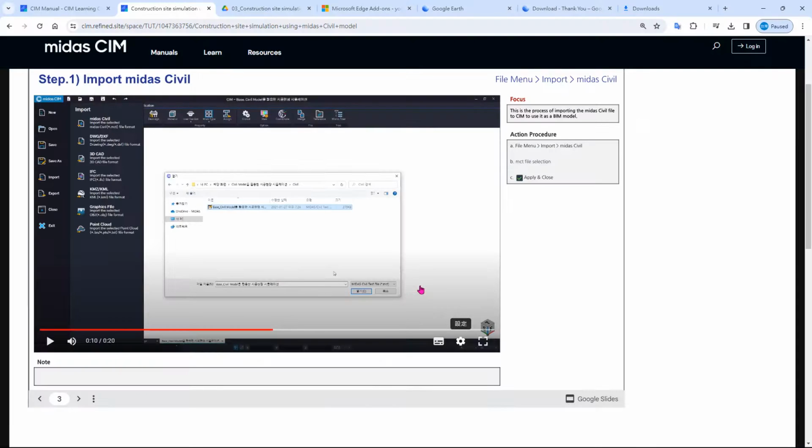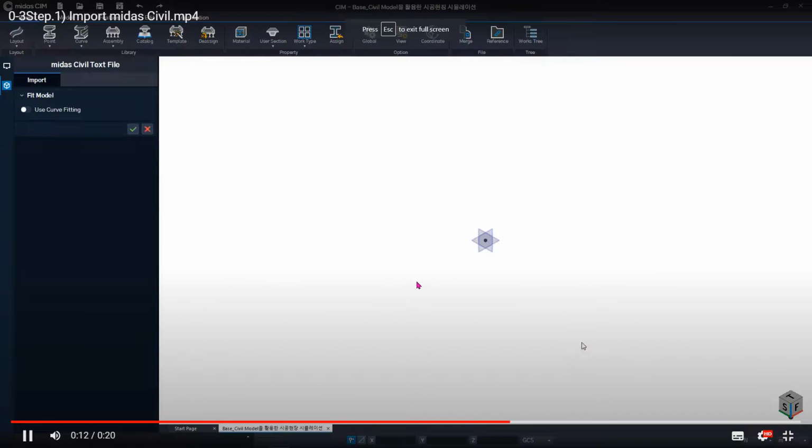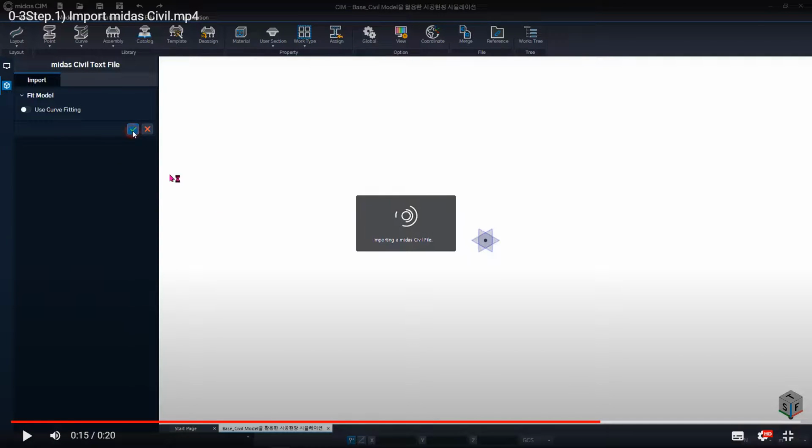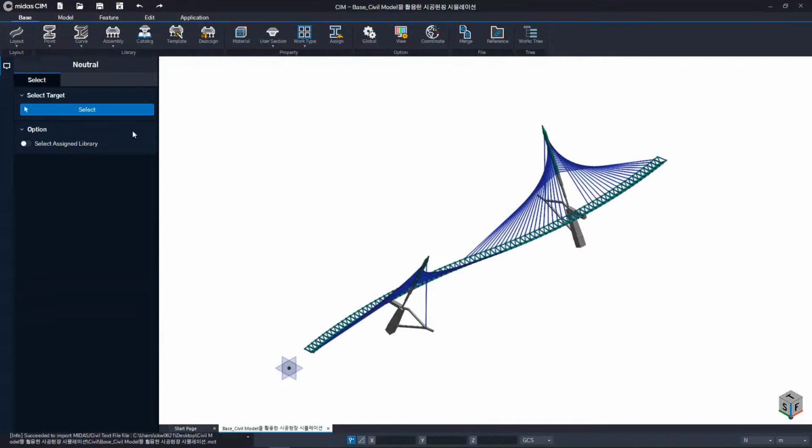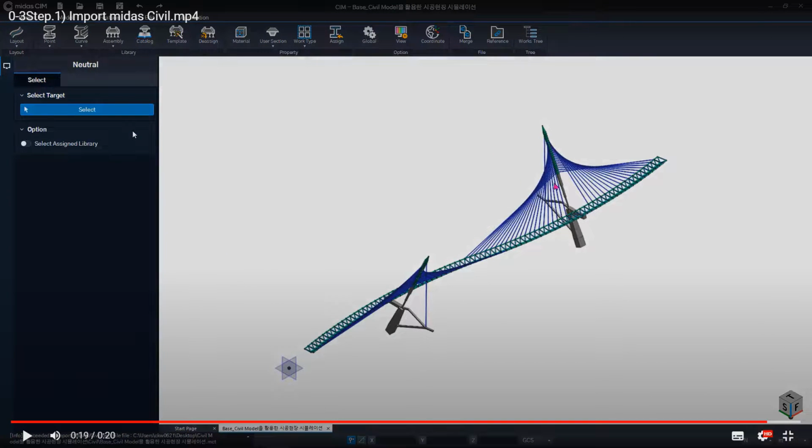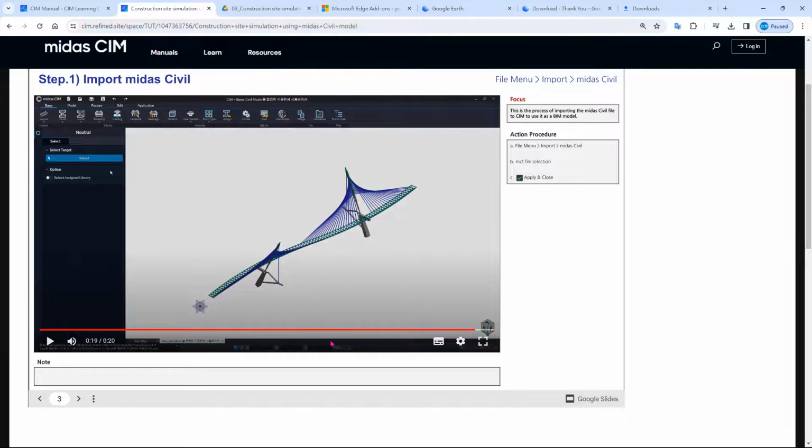Usually this one you can find in the Midas Civil, as you know, in the export section. After that, you can just click on the check here, and then it instantly shows you the MCT file that you have exported from Midas Civil.